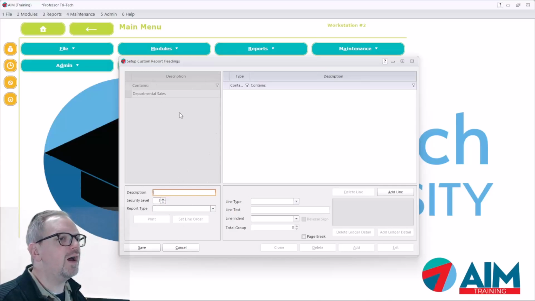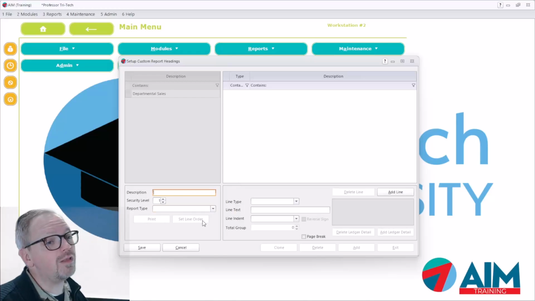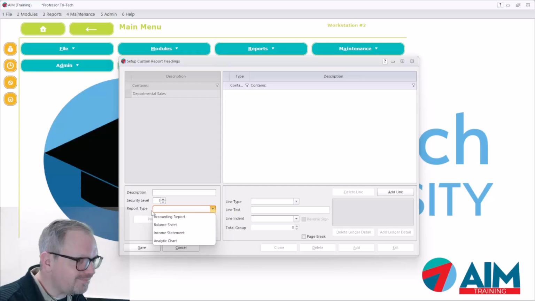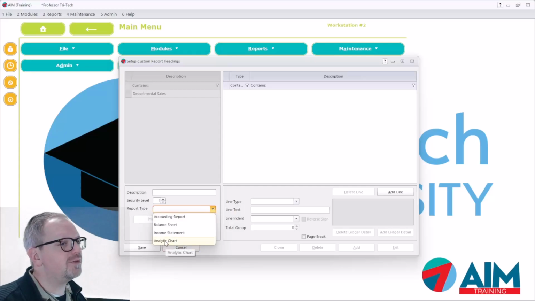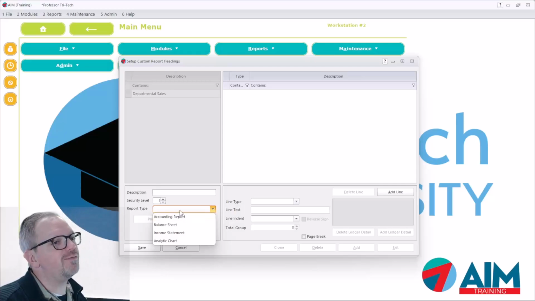When you're adding a new report here, you will give it a description, and a security level if you so desire. A security level is something that makes sure that people who you do not want to access these particular parts of the system are locked out. The most important part here is choosing the option of Analytic Chart. You can see that there are also options in here for setting up custom accounting reports and custom balance sheets